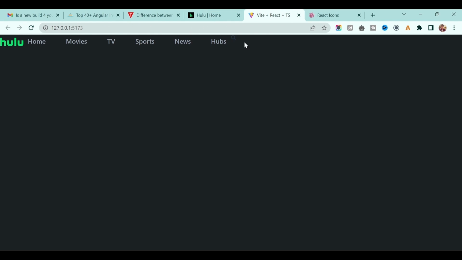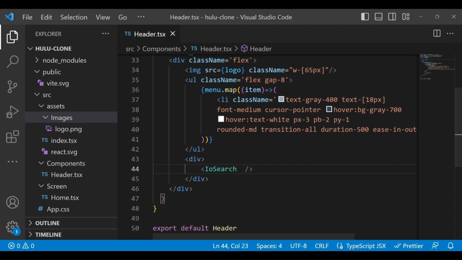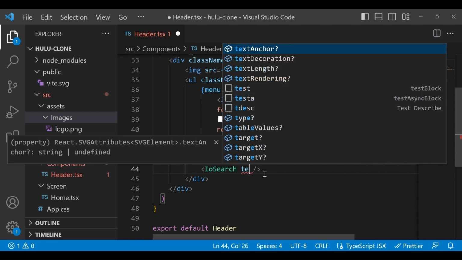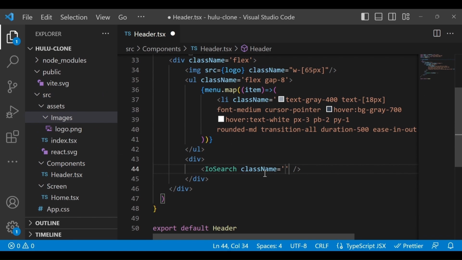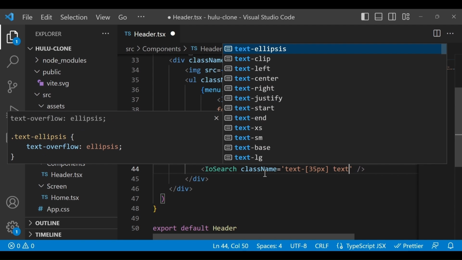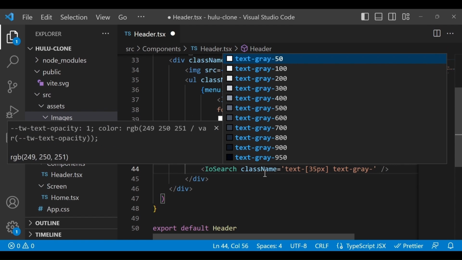So if you see, you will see this icon, right? It is in black color. So give some style. So for this one, in order to give class, this icon acts as a text only. So whatever property you give to text, you can give it to this icon as well. So in this case I will write 35 pixel, and I will write text gray 300.